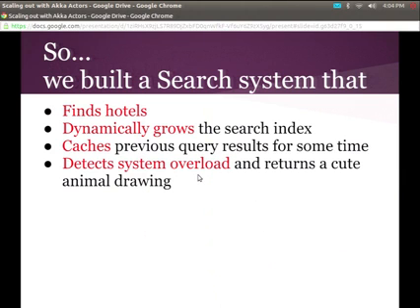Okay, so what we did was we took our existing service and we made a search system. So we didn't have to hit the database for searching because that was our primary use case. So we pulled it out. We made a search index where you can find hotels. We want to dynamically grow this index, be able to add hotels on the fly, have hooks when the database comes in and saves a new hotel to go tell the index, all that kind of fun stuff. Okay? And we wanted to be able to detect system overload and return like a fail whale on search or some default result that isn't bad. Okay? So we've done this.